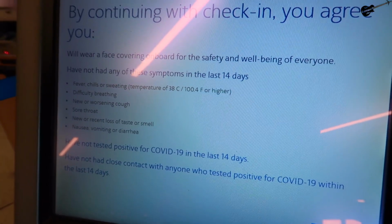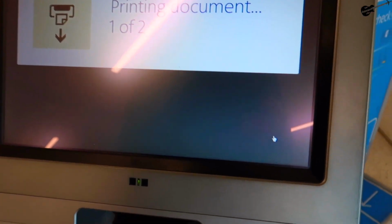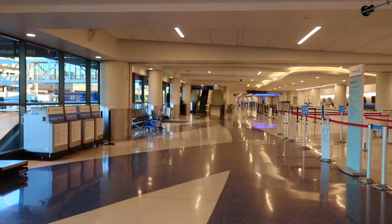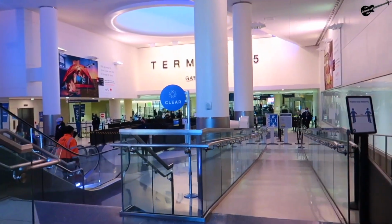on every flight now. Mistakenly, my Uber driver dropped me off at Terminal 5 here, which does have American check-in counters and kiosks, but my flight will actually be departing from Terminal 4, AA's main LAX terminal. So, after printing out paper boarding passes and heading over to Terminal 5's checkpoint upstairs, they redirected me over to